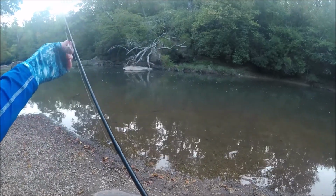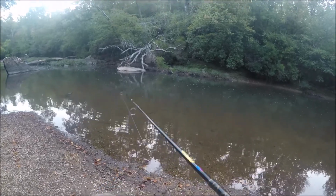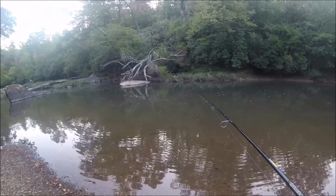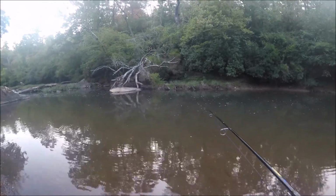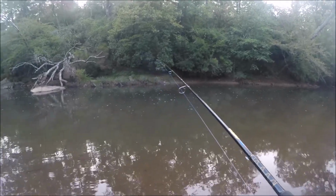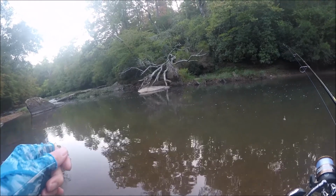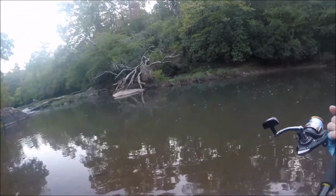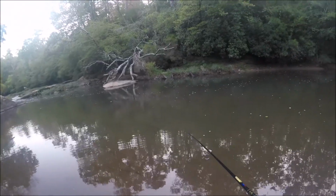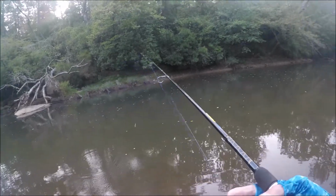I'm back at a place where I'm targeting Tallapoosa keeper bass, Georgia Tallapoosa bass. Just saw something really big come up over there. I don't know what, I wasn't looking. I don't know if it was a fish or a turtle, but I do have my Tenkara rod with me. I don't know if I can reach it over there, but after my first try here in this area, I've got a much better handle on what's here